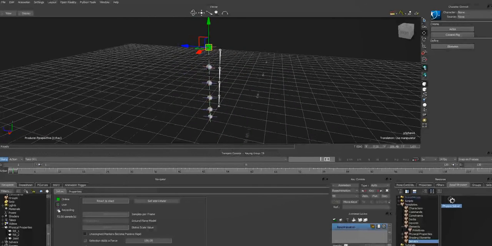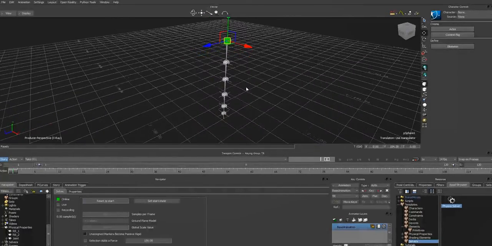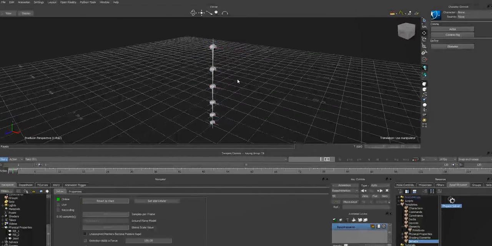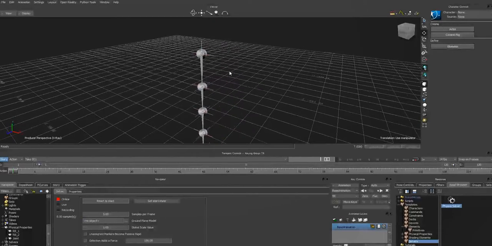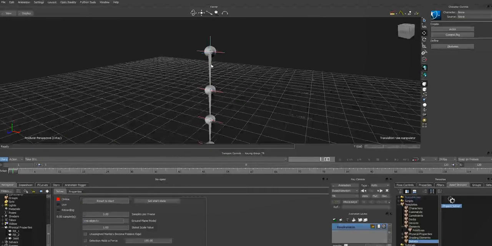Just untick live, untick recording, reset to start. I will just bring it back to the initial position, and just kill the online button. So now physics solver is not really calculating anymore. Now next thing to do is we need to add constraints to these bones, and we will constrain them to the